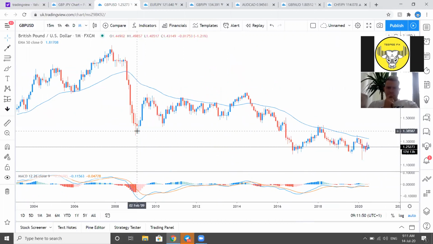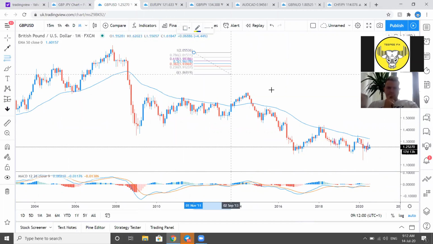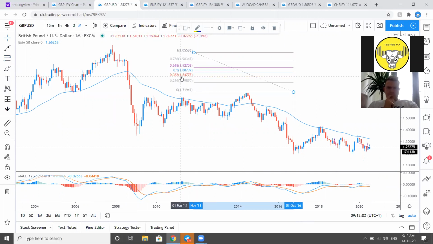So we can see we've got a high here, and we've got a low here, and we've got pullbacks here. Now, the three levels that we're interested in for pullbacks are the ones that I've got in different color. So the 61, the 50, and the 38. They're what's classed as the golden ratio. So if you get a pullback and a rejection of one of those levels, you're likely to see a continuation